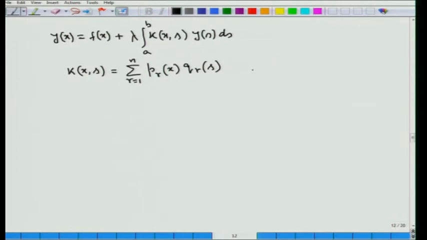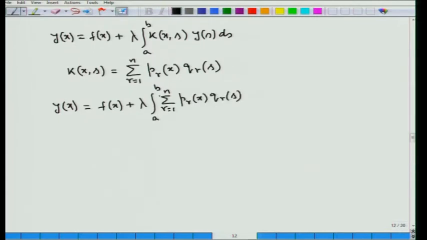If we substitute this expression for k(x, s) under the integral sign, then we will have y(x) = f(x) + lambda integral from a to b sigma r running from 1 to n p_r(x) q_r(s), this expression multiplied with y(s)